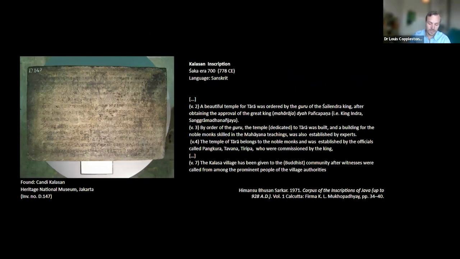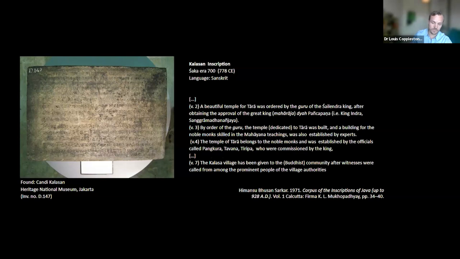It's composed in Sanskrit and inscribed in the North Indian Siddhamatrika script, and it refers to a temple of the female bodhisattva Tara, built on the order of a guru of the Shailendra king Indra. So it tells us how this unnamed guru, I think we can assume this is also Kumaragosha, ordered this temple to be built. The temple belongs to the noble monks, but was established on the commission of the king by